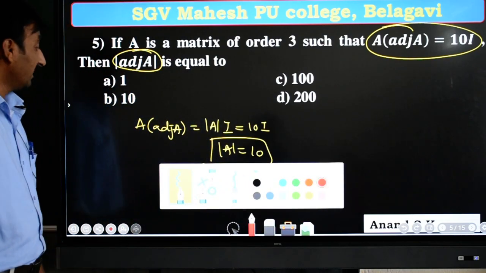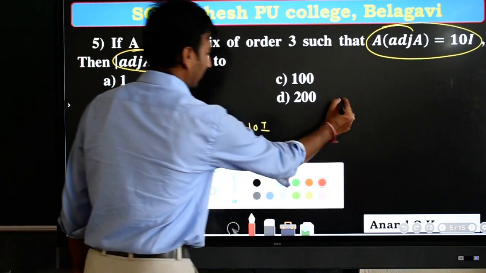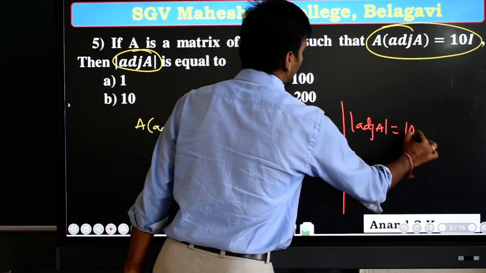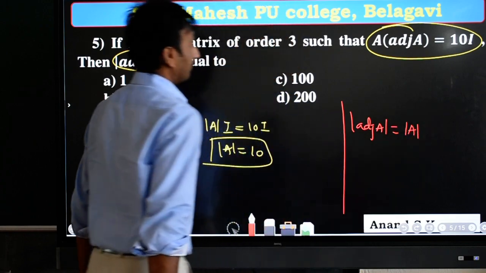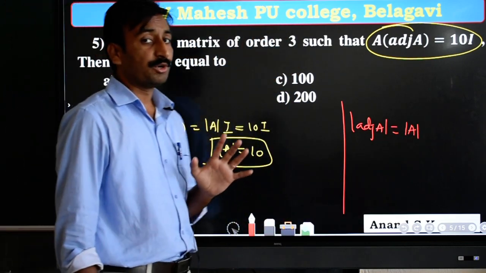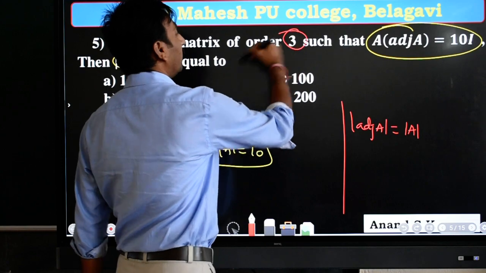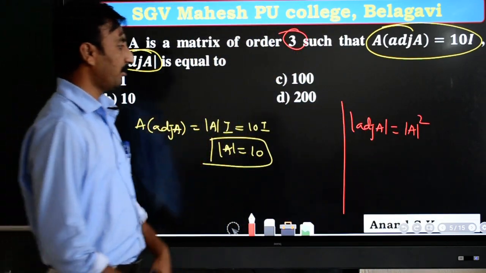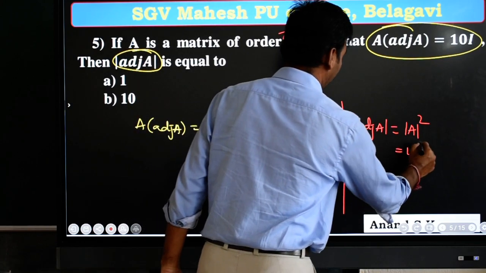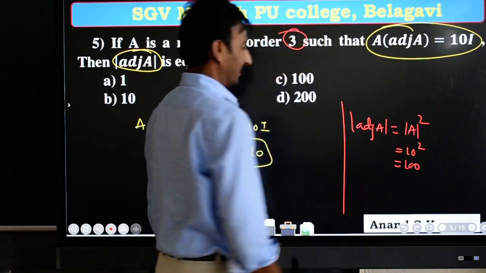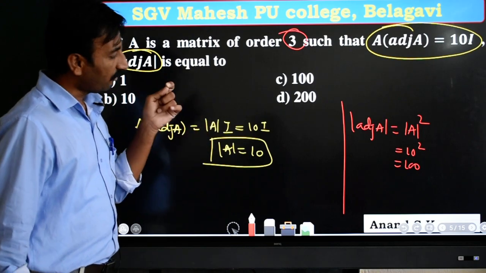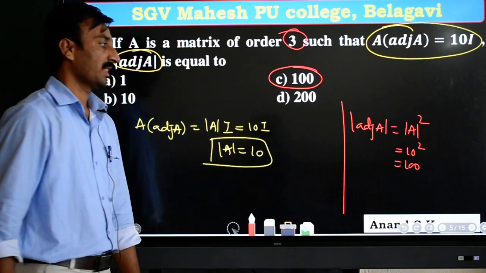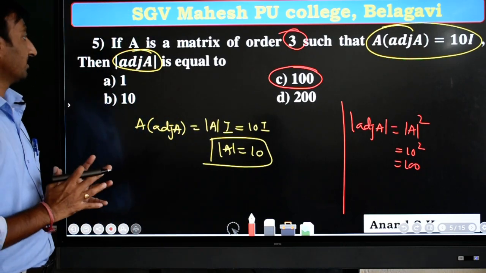And the next thing that you want is the determinant of adjoint of A, which is always determinant of A raised to n minus 1, correct? I don't repeat it here; directly I go with the order, one number less you have to take here, correct? What is the determinant of A? It is equal to 10, and 10 squared is nothing but 100. So the determinant of adjoint of A value is 100 here, so our answer is C. This is how we can find the answer for this.